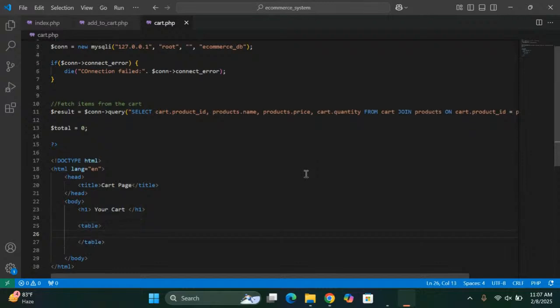In HTML, while creating a table, there's table header, there's table row, and there's table data. I'll show you how to use it. For the header, for the row, sorry, for the head,